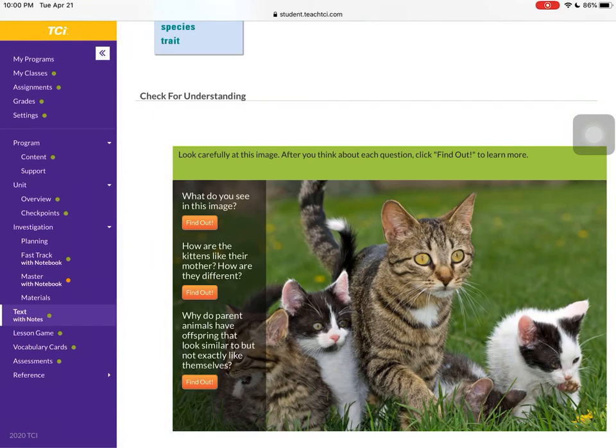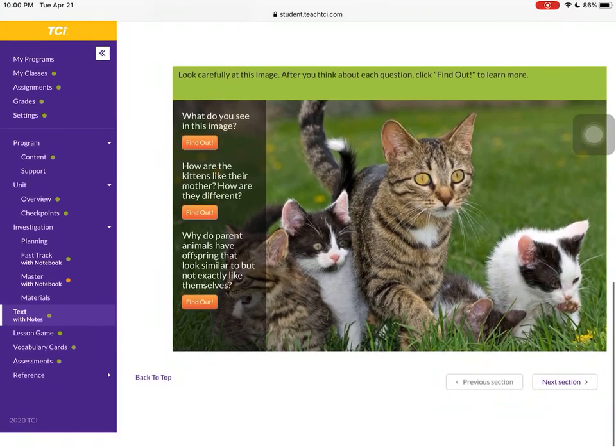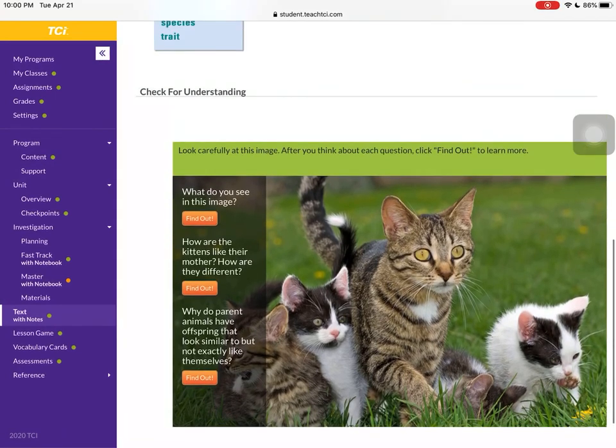So again, you can look through this cat picture on the bottom, and you can do the find out buttons. And then we're done with science for today. Again, there's nothing to post. We'll do more science